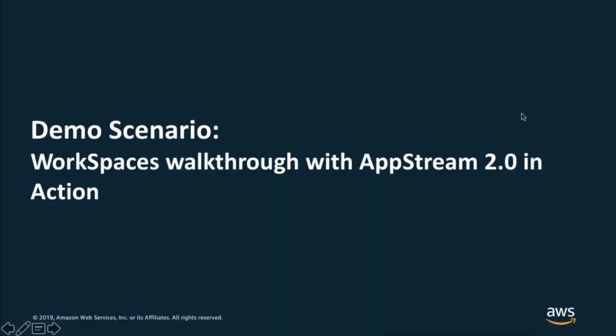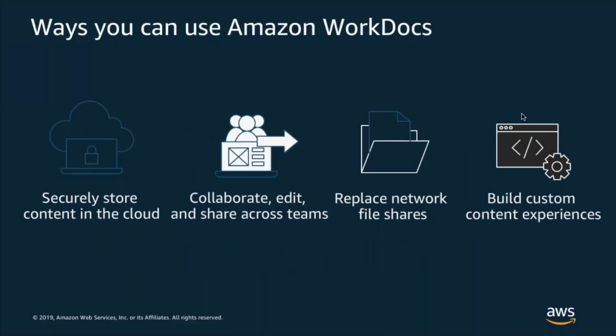So let's start talking just a little bit about Amazon WorkDocs. It is a secure, easy to use cloud storage service that allows you to store content, files, and documents across teams and collaborate on projects. I think one of the key capabilities that we see with Amazon WorkDocs is the extensible SDK that allows a lot of flexibility in design and customization for your end users based on their needs and application wants. Some of the ways that we see Amazon WorkDocs being used today,